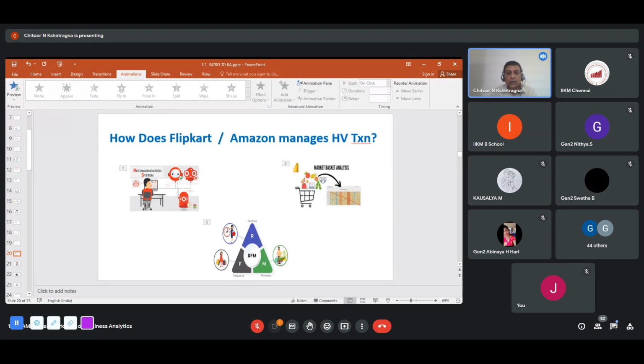Okay. So now the question is, how do Flipkart and Amazon manage these HV, which stands for high value transactions. One, of course, is the recommendation engine, what I took you through. And then there's something called market basket analysis. So market basket is like your shopping cart. What all do you buy? Let's say you buy a lipstick, you buy a lip gloss, you buy a mascara, you buy a hair liner, or you buy an eyeliner. Right? I'm just giving all women's products. Okay, you buy all the products there. A skincare cream, right? So many products that you buy. So based on the market basket, you're predicting what else this customer will buy.